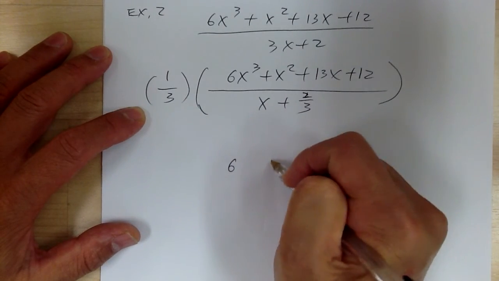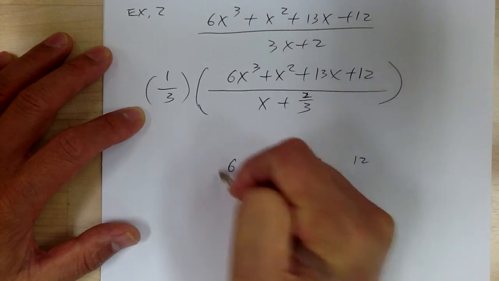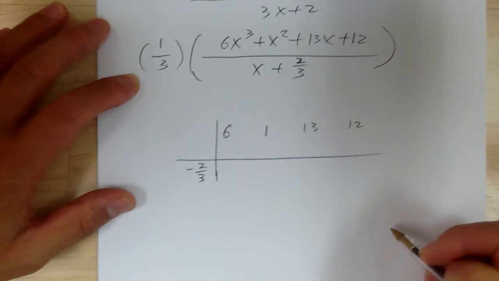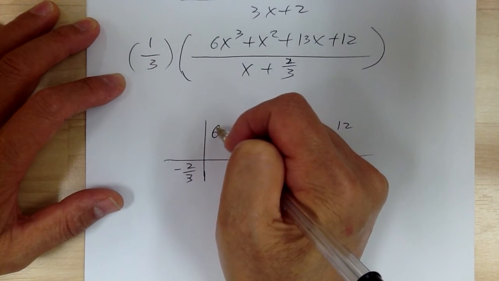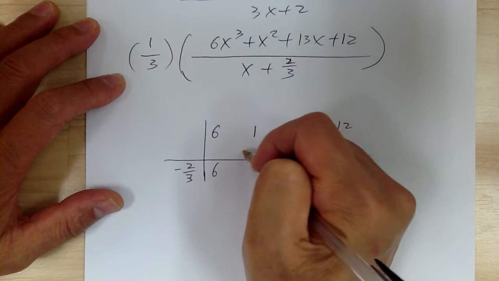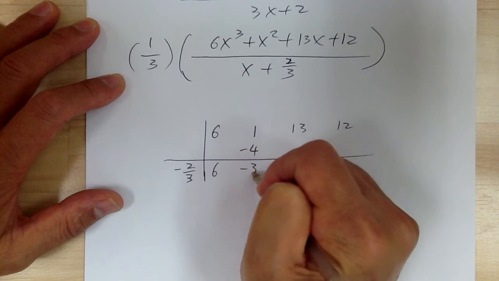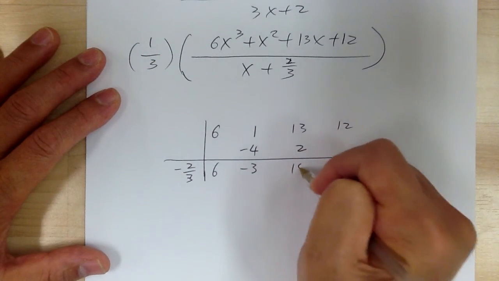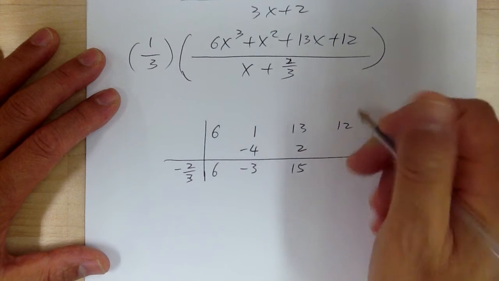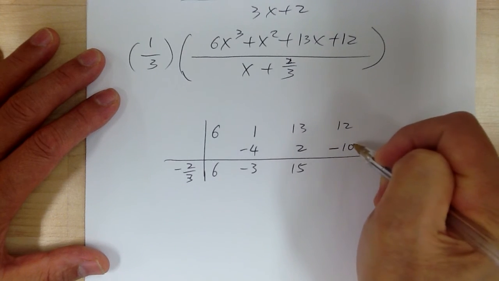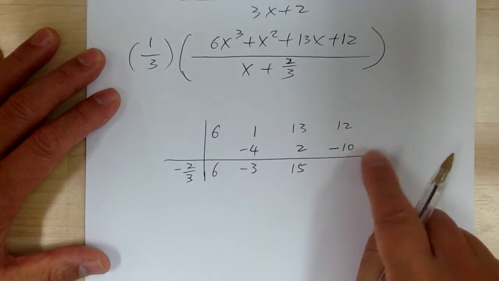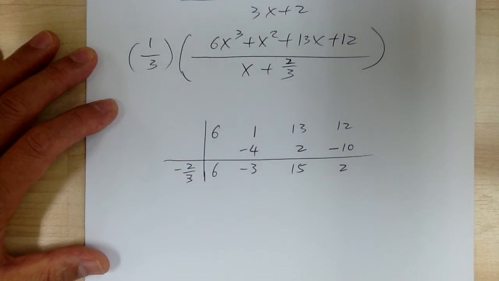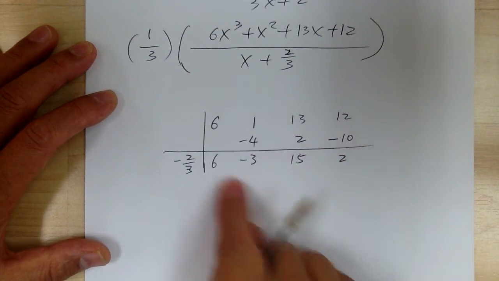So you're going to have 6, 1, 13, 12, and you have to take the opposite, so negative 2 over 3. Now you drop, you multiply, you add, you multiply, this cancels out, so you get positive 2. You add, you get 15. You multiply, you get negative 10. Double check, and you add, you get 2. Okay, so now from this part over here,